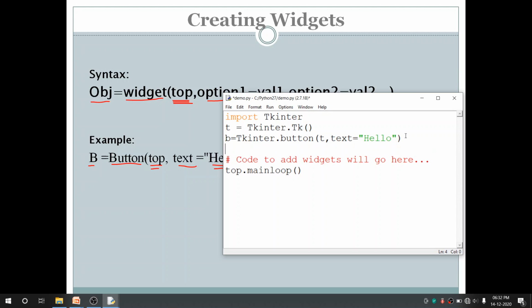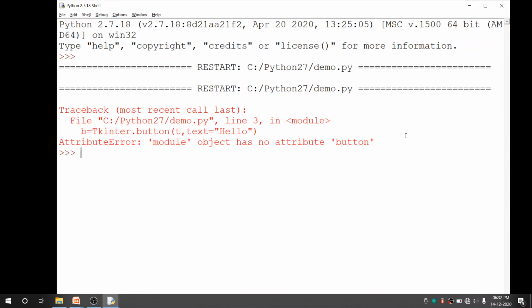So the button is created. Then we need to add the button on the container by using a method, that is b dot pack. For now only we will discuss this. B dot pack can be used to add the component or widget on the main container, the top level window. There are other methods which can also be used to add the widgets on the main container, that we will discuss later. So let me save it, and if I execute it, okay,